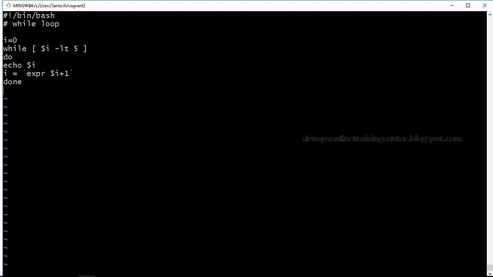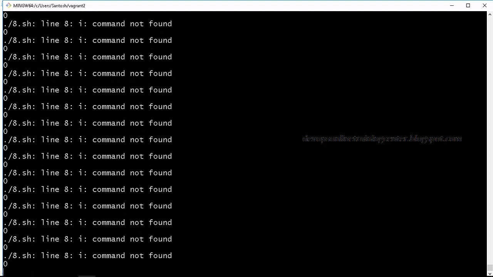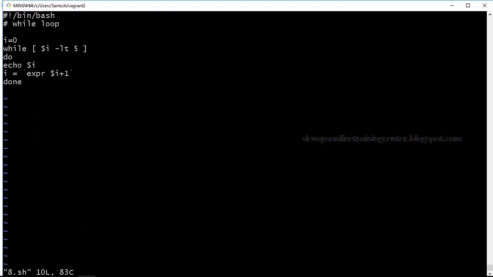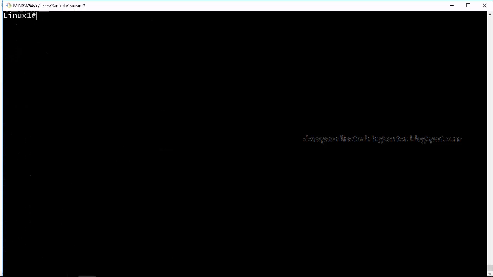Right. We have initialization, we have condition checking, we have increment or decrement. Now let me execute and see what is happening. Something is wrong with the syntax. Space over the I space. A should be here, right? So it has printed 0 to 4.